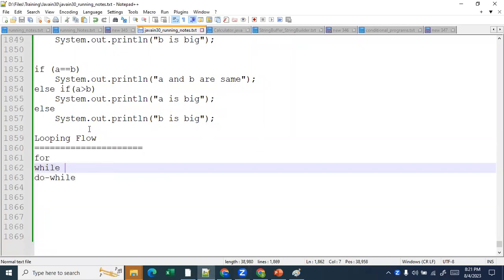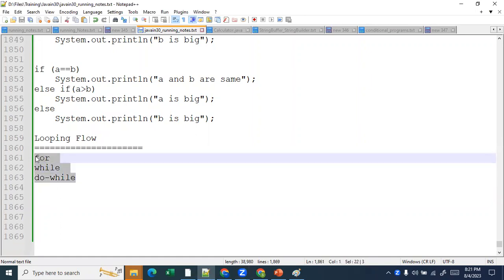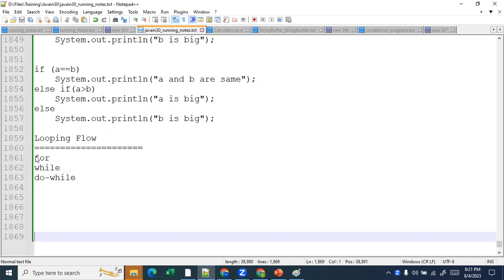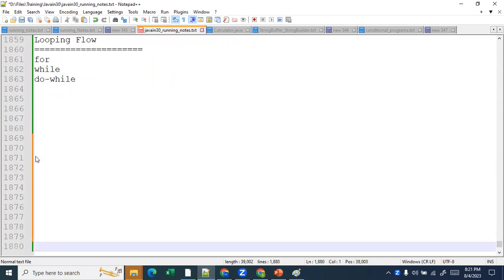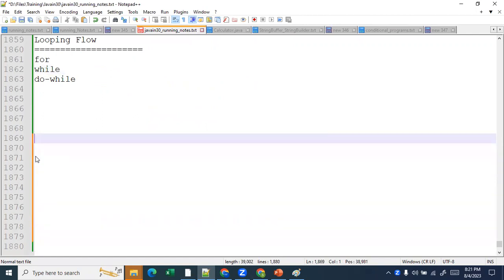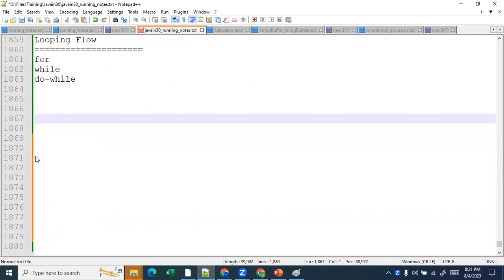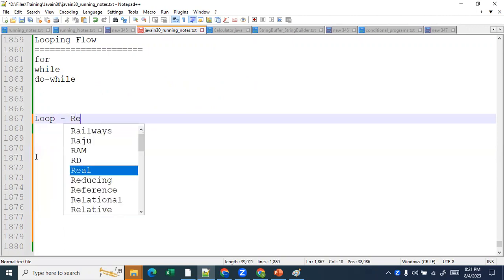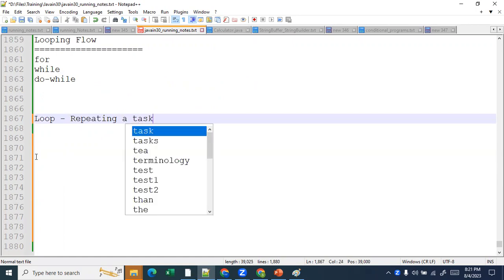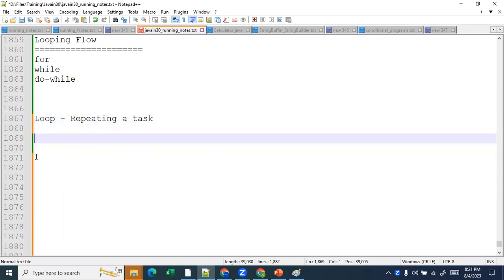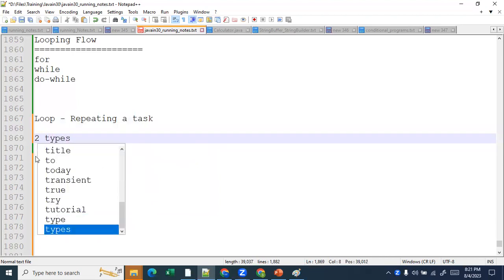After completing our conditional flow control, we are into looping flow control. What is a loop? For example, a loop is repeating a task. So there are two types of loops, basically two types. One is